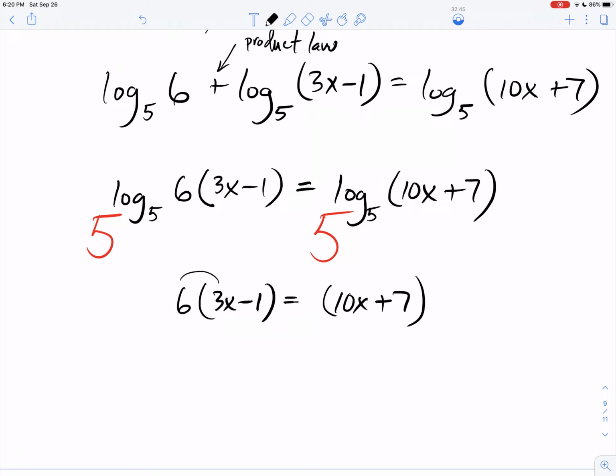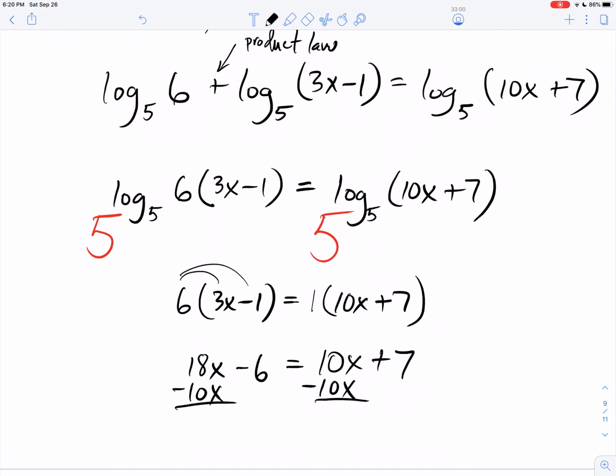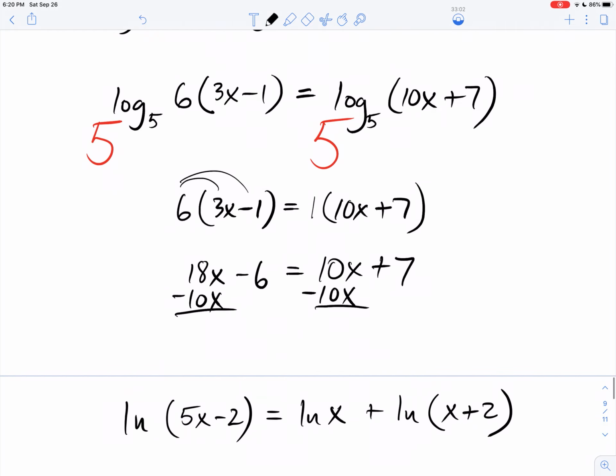Now, on this side, the parentheses are going to change things up a little bit. But on this side, there's nothing out here. There's a 1. So I could just take it out of the parentheses. Sometimes parentheses are overkill. And away we go. Let's bring this thing down. What do we have? We have 8x. I'm going to move the 6 to the other side. And it's going to be equals 13. I'm going to divide by 8. And I get x equals